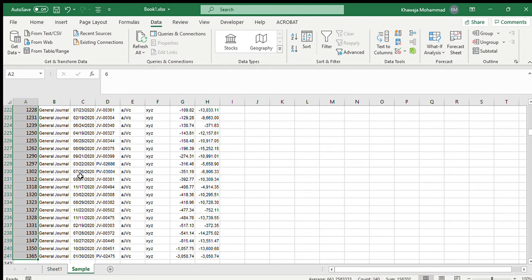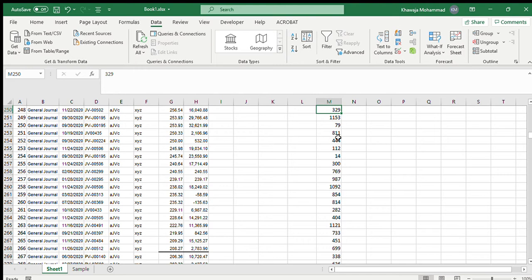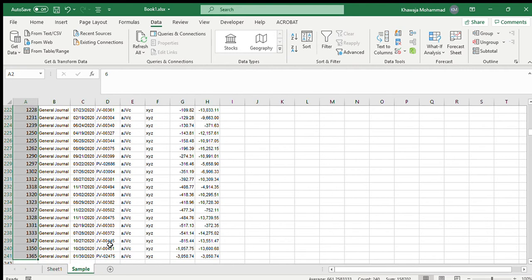Because some of the vouchers may have been repeated more than one time, but the Advanced Filter eliminates the duplication. It only selects one voucher one time only, not more than once. That's why 240 means 34 vouchers were not unique, they were repeat numbers. So one voucher was repeated more than one or two times, so it has eliminated that. That is why you now have 240